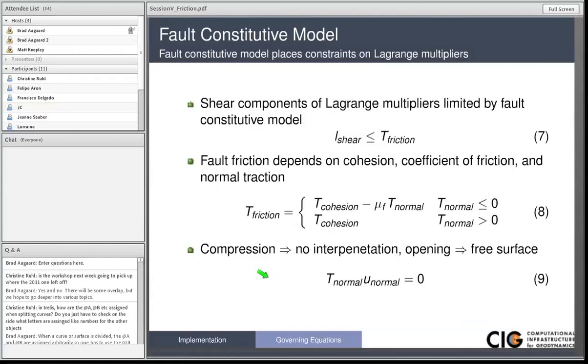And so in order to handle cases where we don't want interpenetration or the fault opens up and we want to enforce a free surface boundary condition on the fault, we have this constraint that the normal traction times the normal displacement is equal to 0. So if we have compressive tractions, that means this T normal is less than 0, so that means U normal must be equal to 0. And then if we have U normal greater than 0, then our T normal as well as our T shear components are equal to 0 to enforce a free surface boundary condition. So those are our constraint equations that we want to apply in the context of our